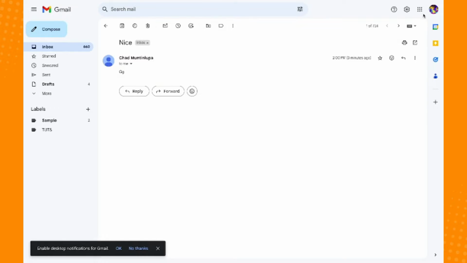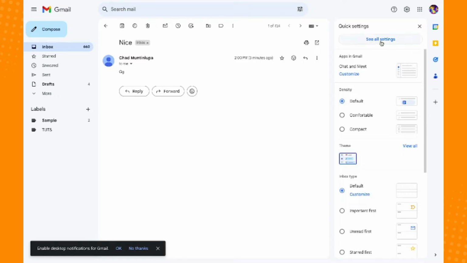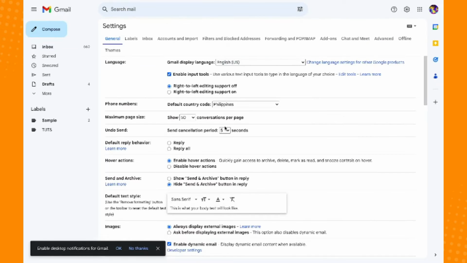And then after copying that, on the upper right, you'll see the gear icon, right? Click on that and tap on See All Settings. So before that, I will be explaining to you what labels are. Labels are like a folder for you. So we have to create a new folder, and that is where you can find those specific emails going in